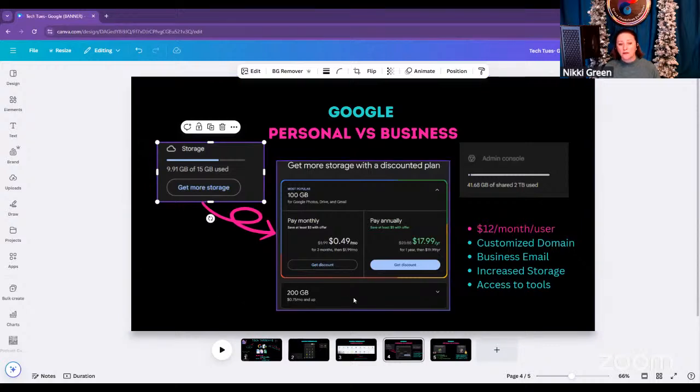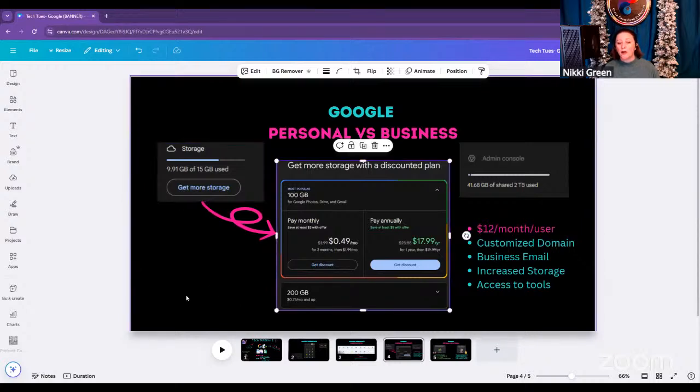Right here in the center is what the personal account additional storage looks like. It's about $2 a month. They always try to get you in with a quick discount, but it doesn't last very long. Or you can pay for the full year and it's about $25. And if you want even more than 100 gigabytes of storage, you can kind of double that and get 200. So it's not going to break the bank necessarily to pay $24 for the year,